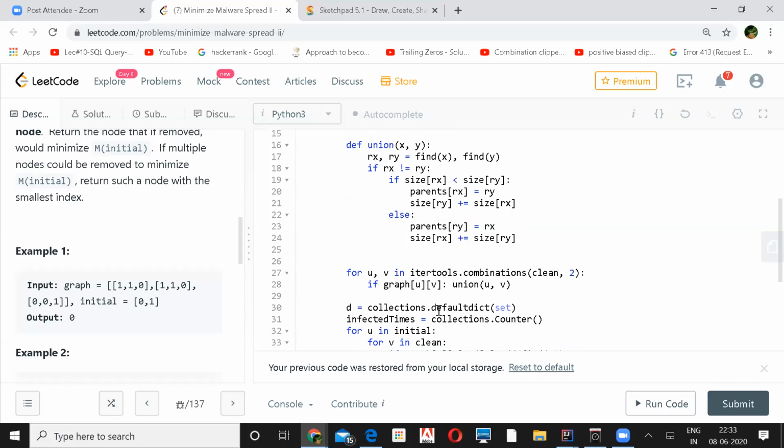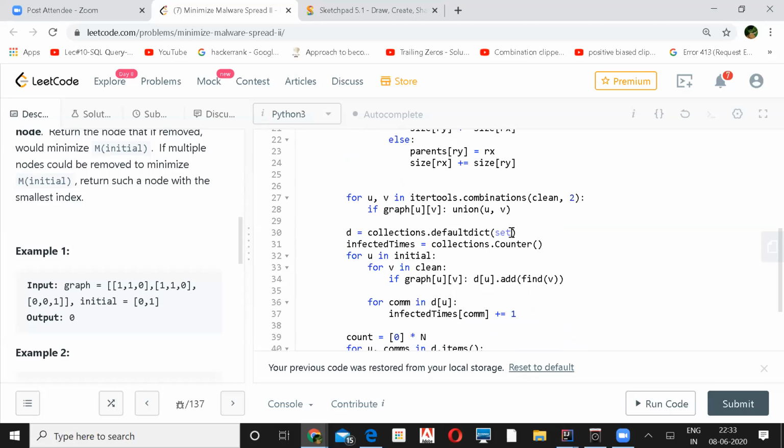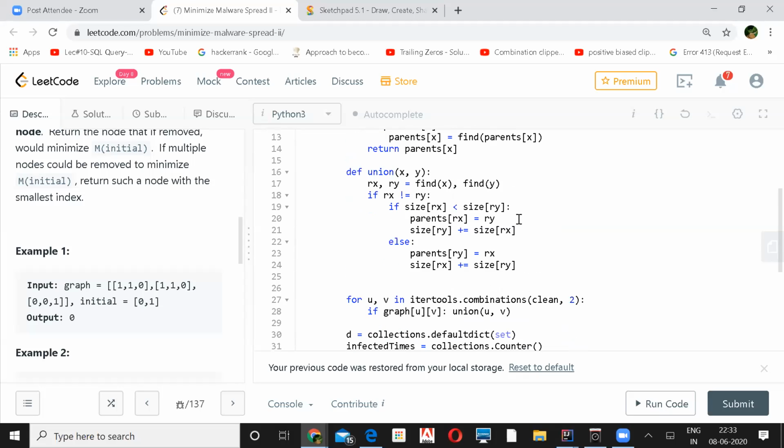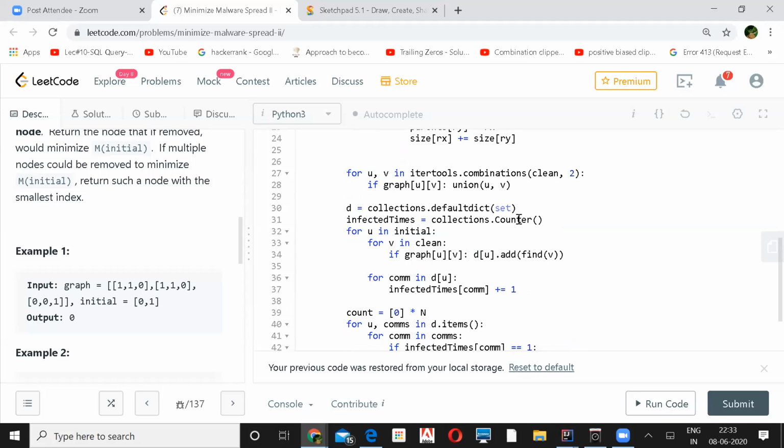Okay. And here, after you did it, this is a dictionary I'm creating, a default dictionary. This will take care of how many times a number has been infected. It's like a dictionary I've created, which will track how many times each number, like zero, has been infected. That it will take care of.